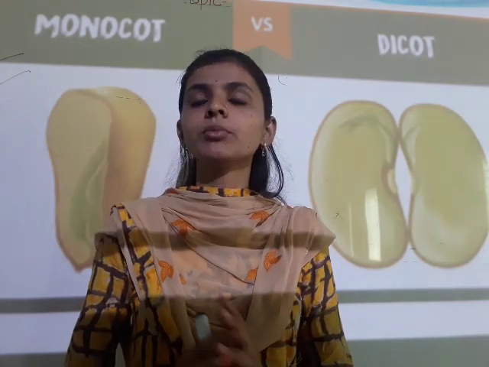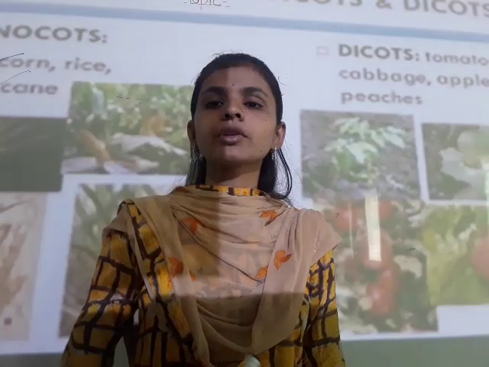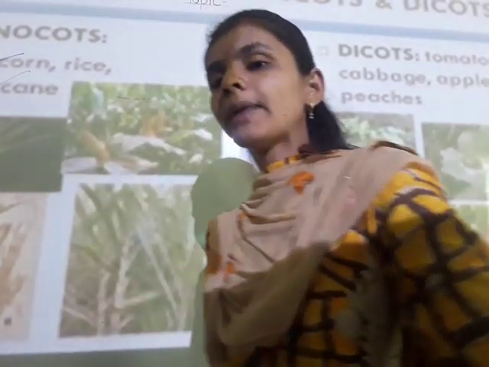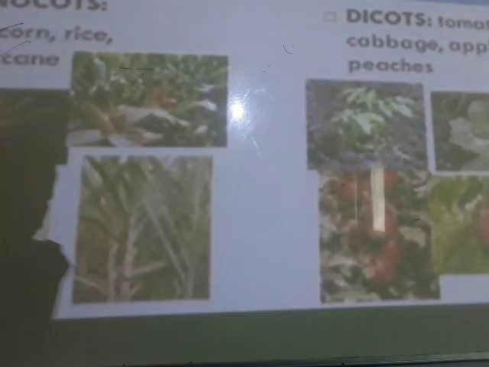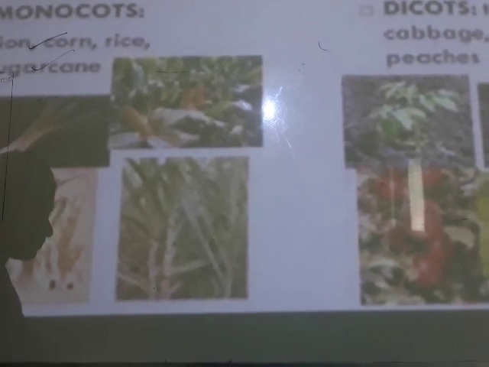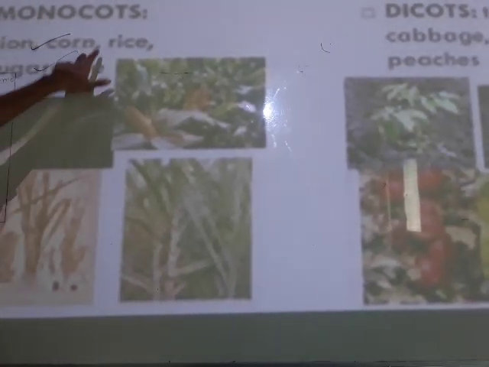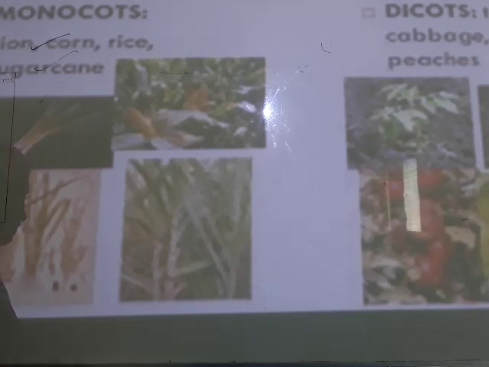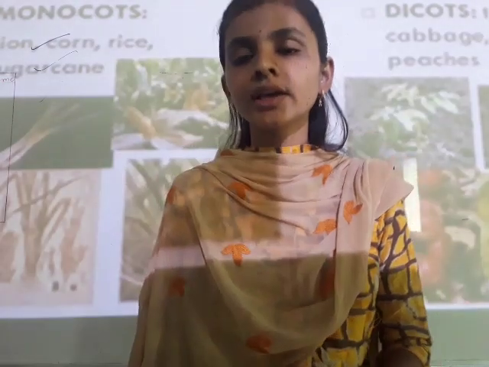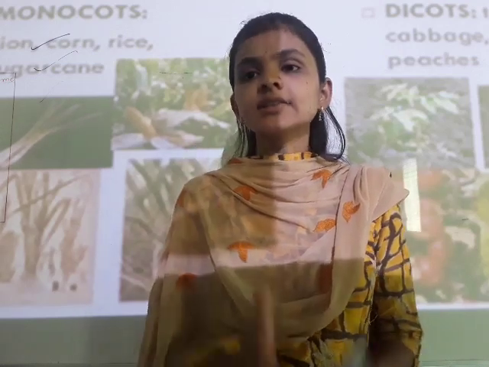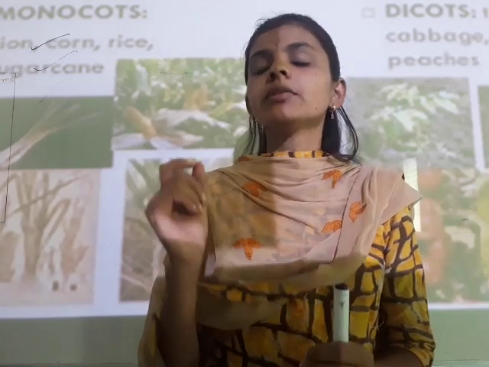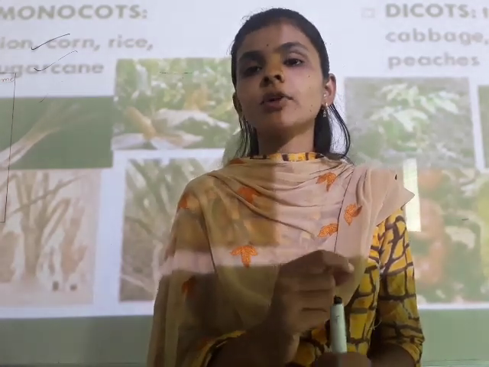So this is the structure of the monocot and the dicot. And in the next slide I am going to show you the plants where the monocot is present and the plants where the dicot is present. So in this diagram clearly you can see in this slide. So here are the first examples of the monocots. If the slide is not clear, I am going to explain the things. Onion, rice, corn, sugarcane, these plants are examples of monocot. Rice, corn, sugarcane, onion, these all are examples of the monocot.